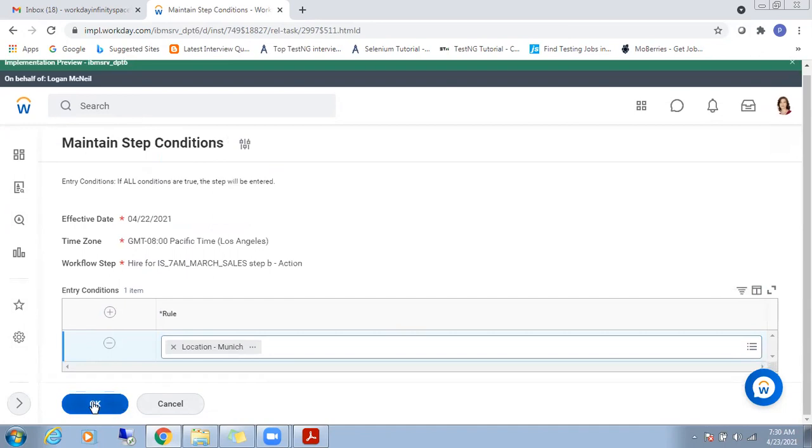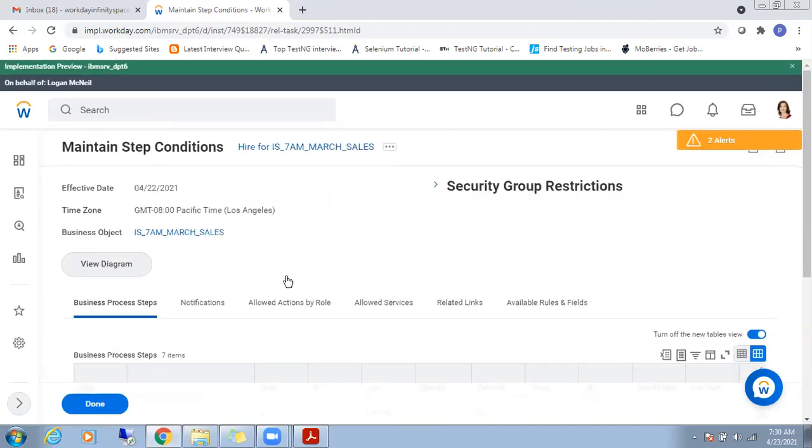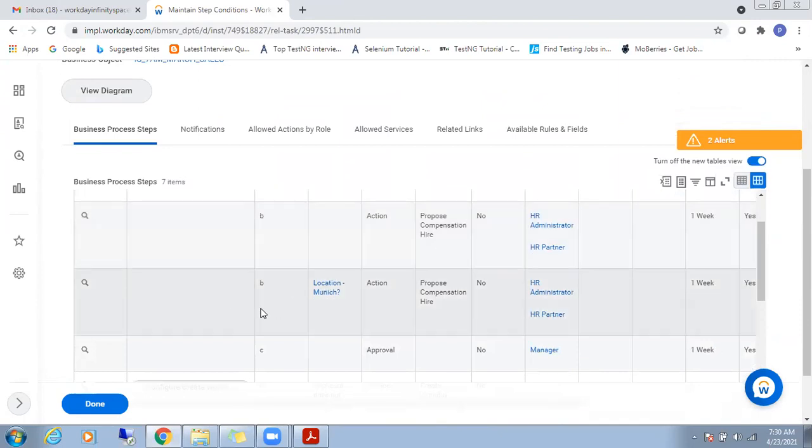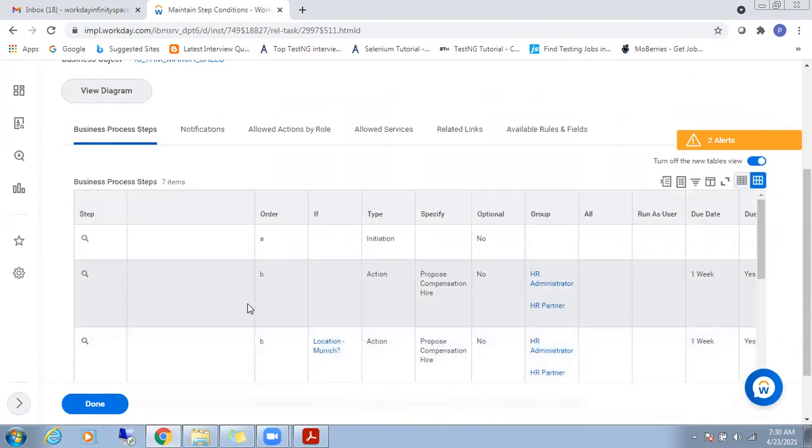I'm adding this step. See here. For example, here can you see if the condition is added for the same step?